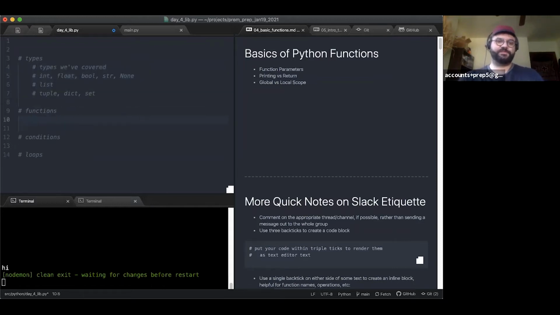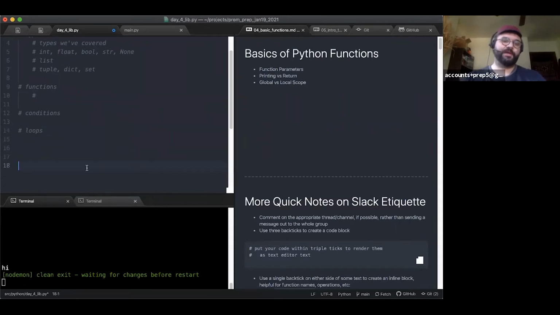Functions. So understanding functions is a matter of understanding how and why they're useful. Functions will allow us to encapsulate a process and reuse that process wherever without having to rewrite the process from scratch, right? So if I have some code where I'm like, well, I need to